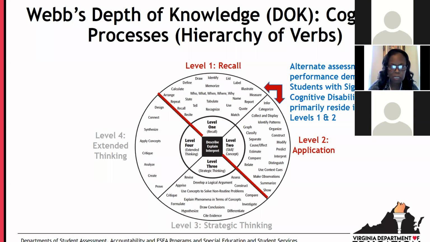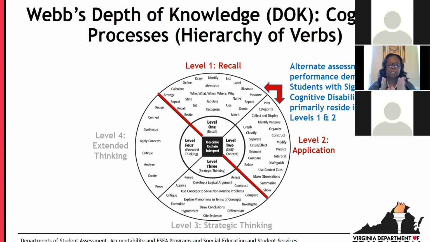So it's kind of small, but a few of the verbs that you see in level 1 are words like recognize, list, match. In level 2, you see verbs like estimate, organize, classify.